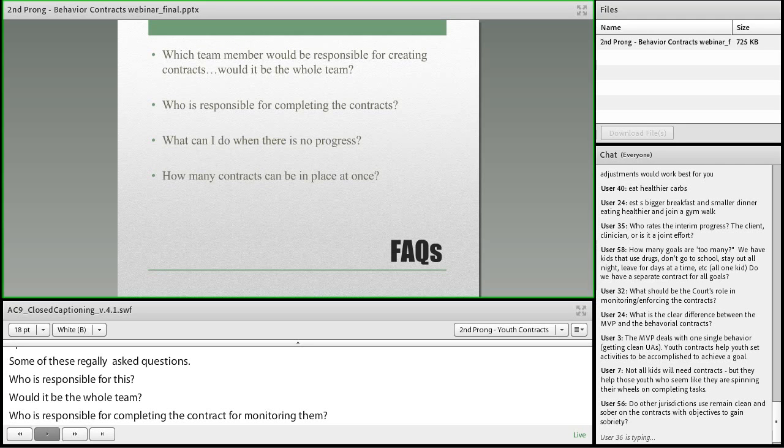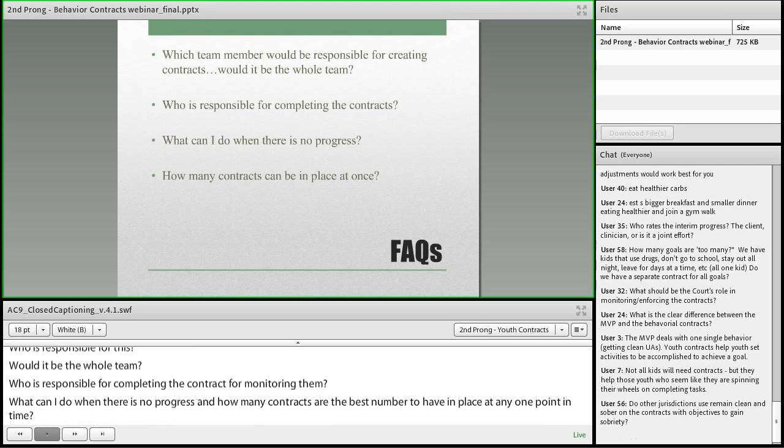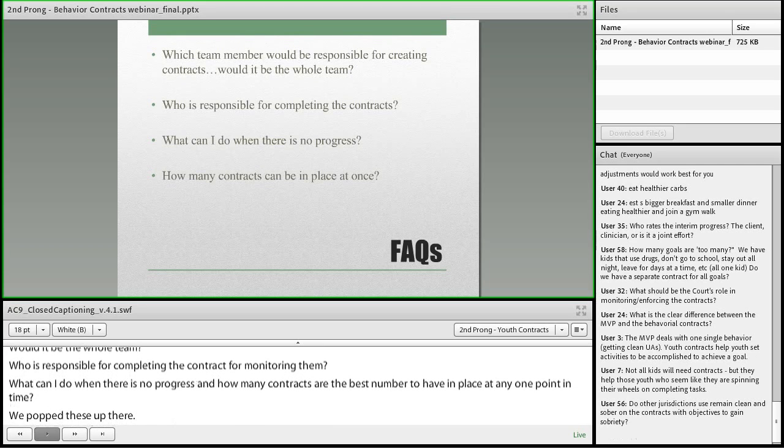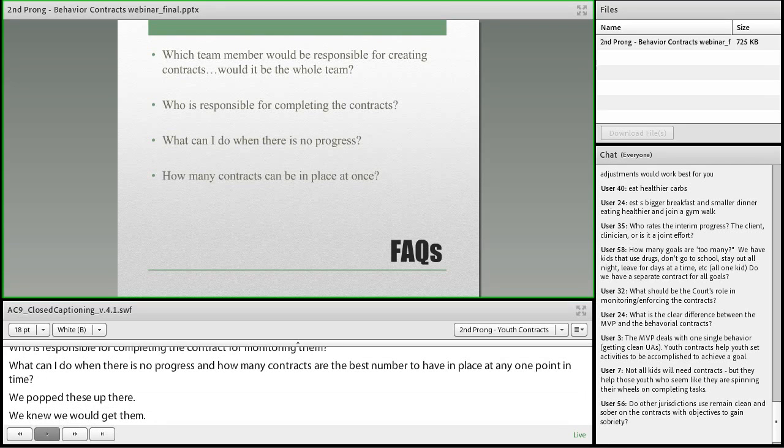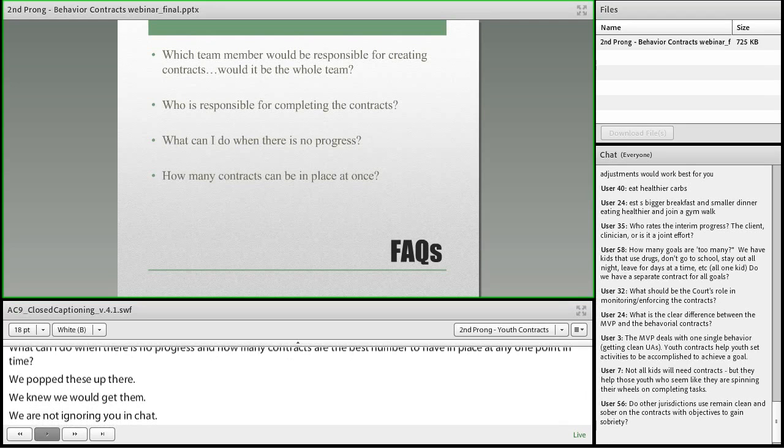We knew we were going to get them, so we weren't ignoring you in chat. We thought we would get to these. I've seen a couple of the questions come up. The team member responsible,